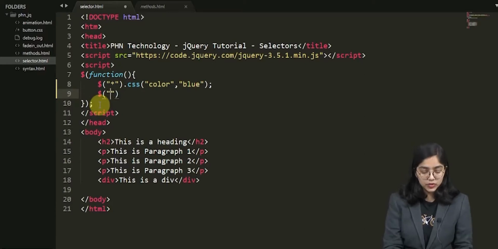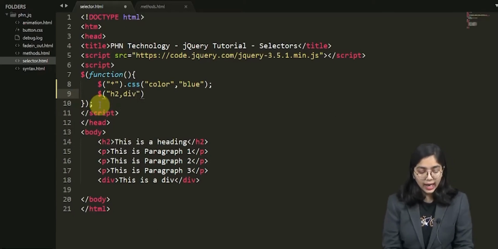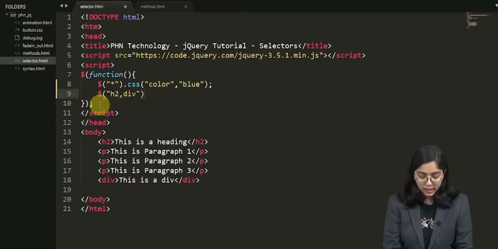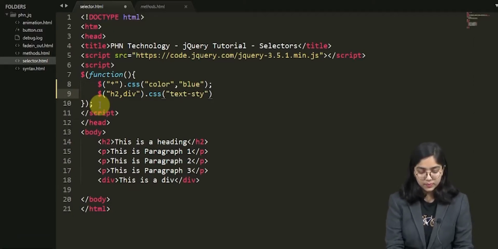After this, I'm going to select multiple elements. So my multiple elements would be h2, div. And what have I done? I have separated them with a comma. After that, I'm going to give some styling, let's say I want to give background color.